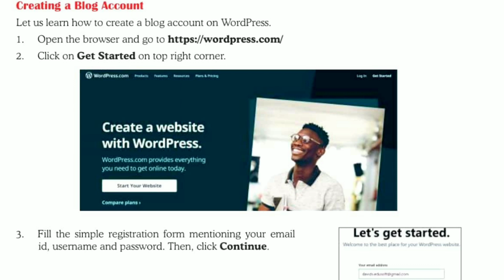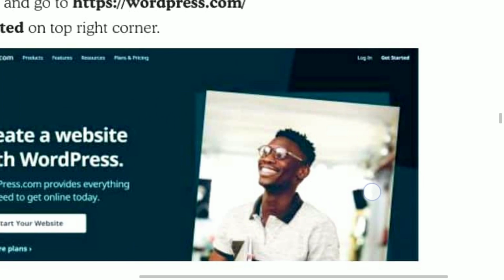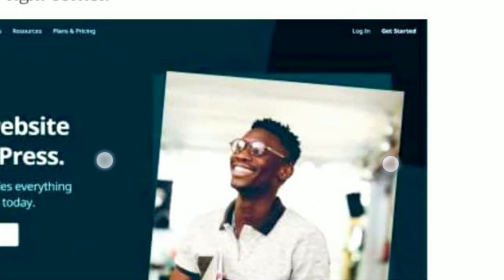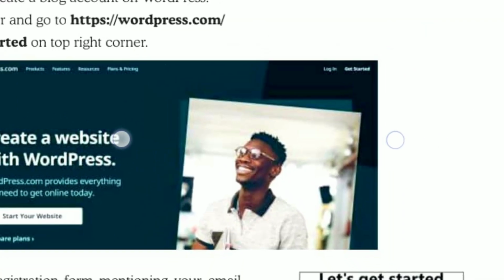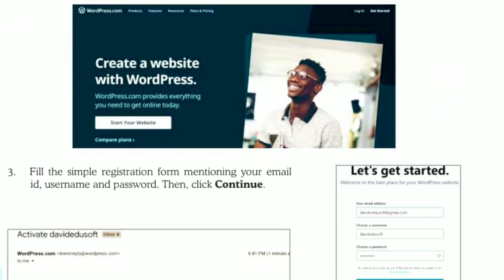A window will appear, as you can see on the screen, to create a website with WordPress. Here, click on the Get Started button that is situated on the top right corner. As we click on this, a new window will appear named Let's Get Started.